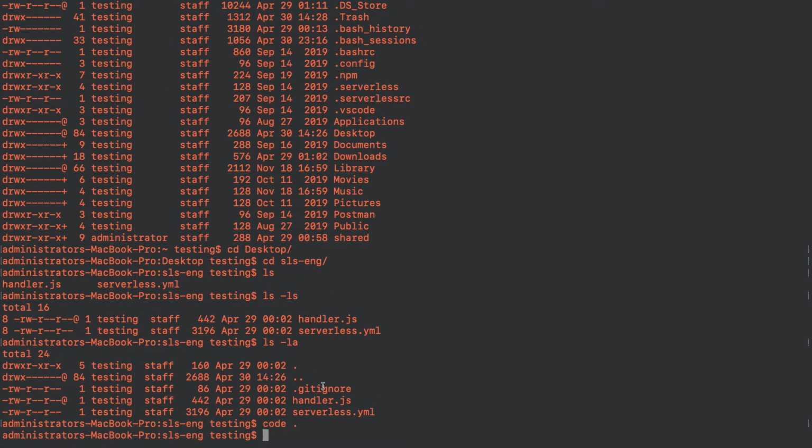Let's jump to our terminal. We can deploy this function, but we are not going to do that because we haven't mentioned any provider details or configurations, like on which provider, AWS or otherwise, we are going to deploy this project.